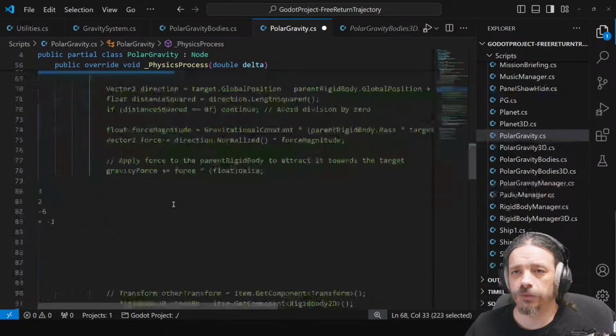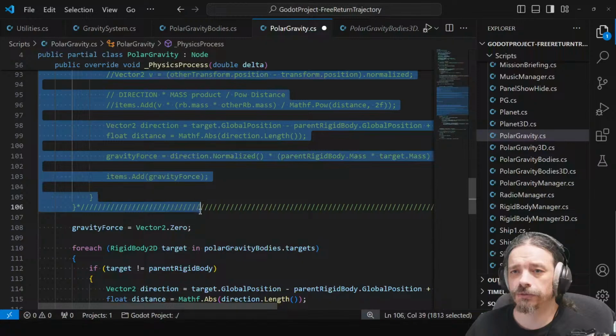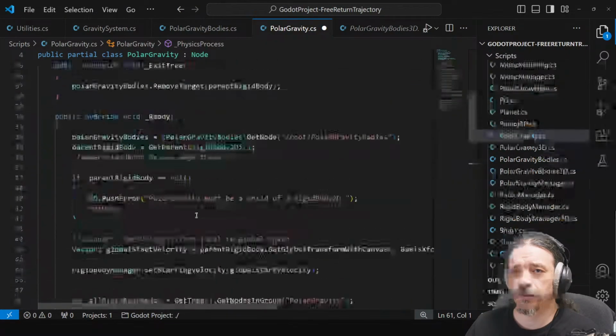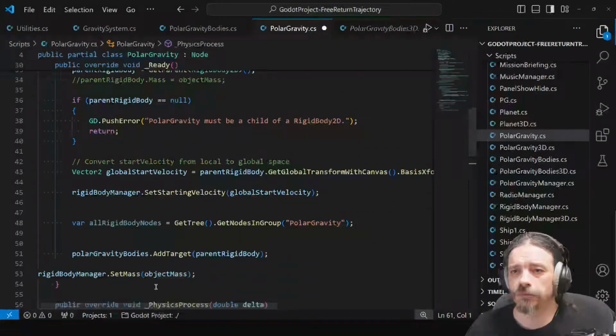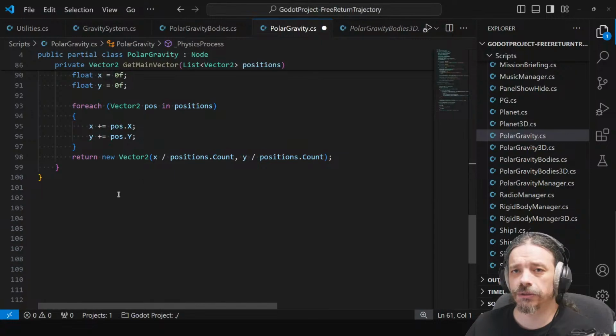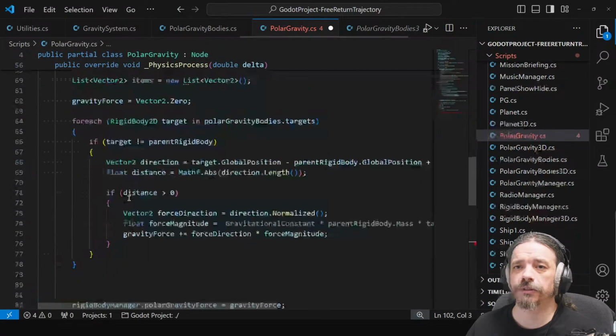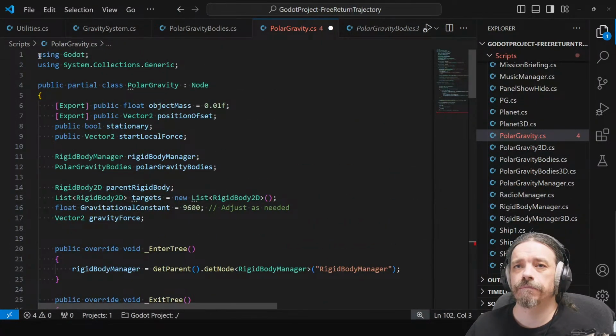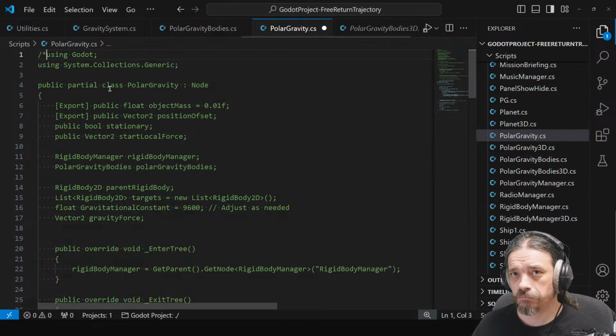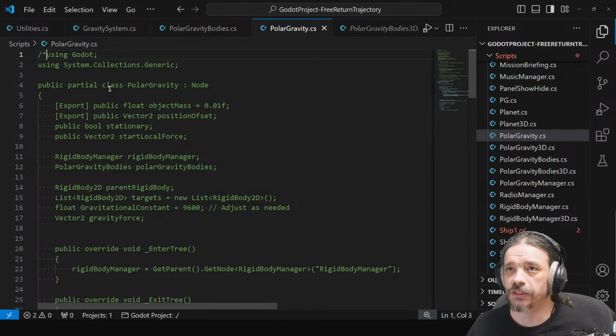But I want to make sure that I don't have stuff I don't need. So okay, this is the entire script. Now let's comment the entire script. Save. So polar gravity does not exist,